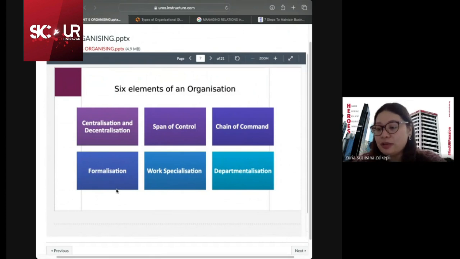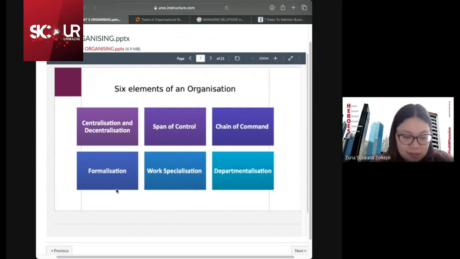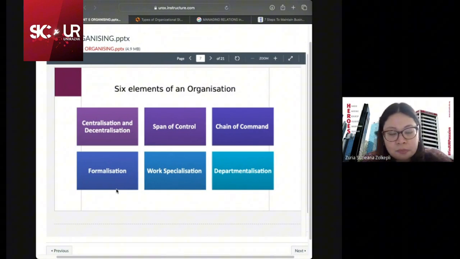Formalization. It depends on your company whether to be formal or informal. All right, formal or informal. So let's say for a formal organization, they have a structure and well-defined jobs. Okay, structure well defined, and then if it's an informal organization, they have like a network of maybe